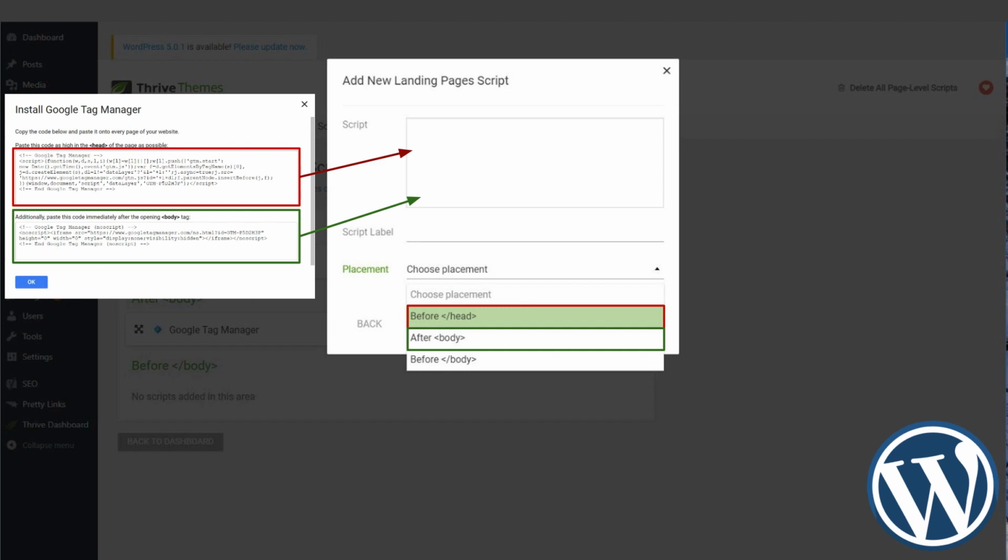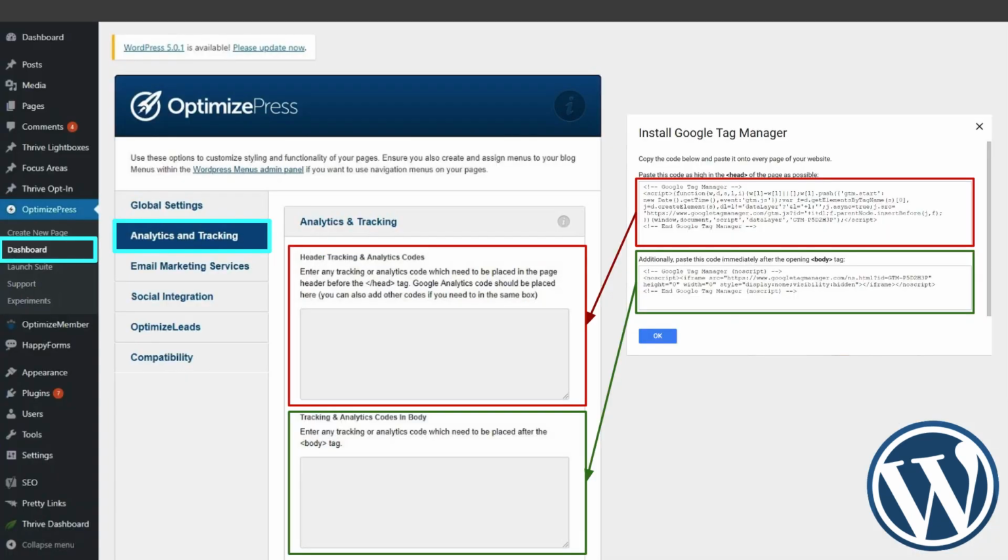So you can see here there's a drop-down menu, before head and after head. So red is the header text. I'd go ahead and paste it in here and I'd say before header, and then I'd go ahead and do this process over again, and I'd click after body for the green text of the tracking code that goes in the body. Now, hopefully this is giving you some insight into where to look in your own software.